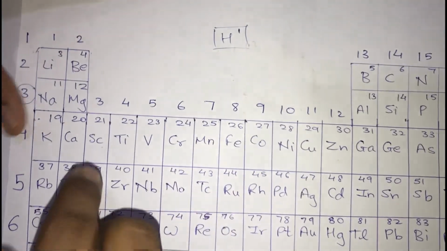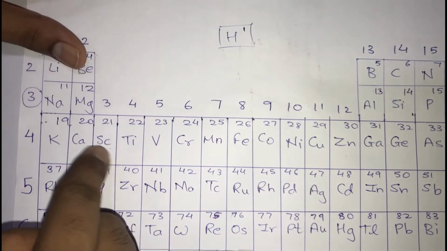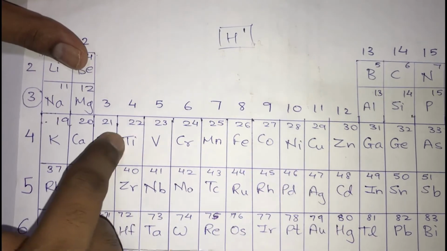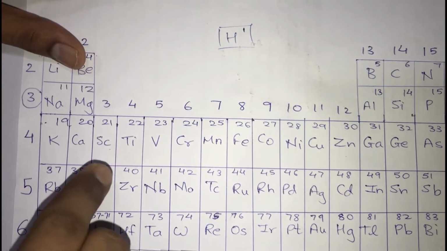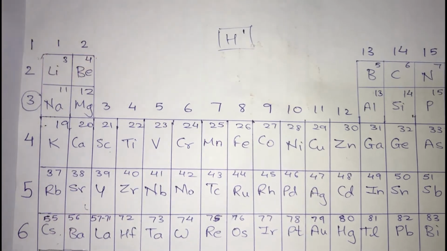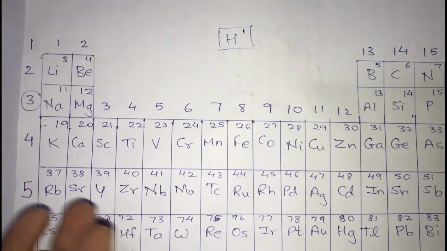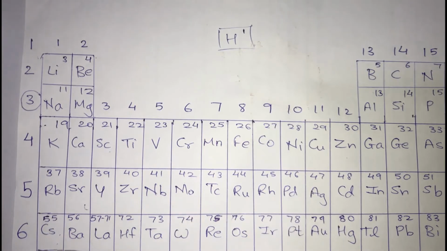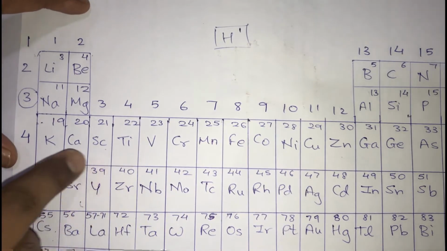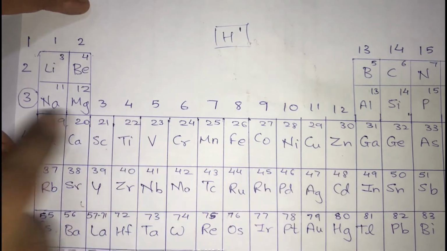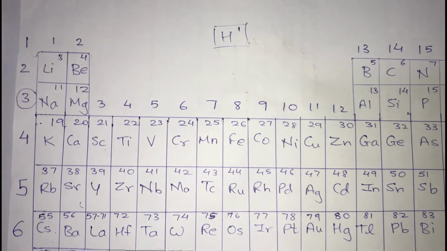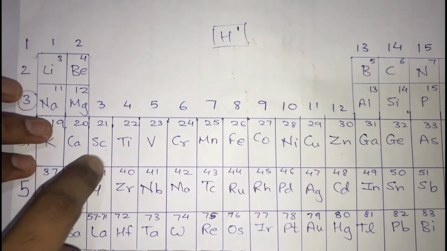Now, as we all know, there are 10 d block elements present inside the fourth period, starting from scandium to zinc. There are a total of 10 elements, but for our understanding we are just going to consider only the starting 3 elements, so that it is easier for us to understand them. If we cover all 10 elements, then the lecture won't get over. So if you understand the trend in the first 3 elements, then it is obvious that you will understand the trend in the remaining 7 elements also. Okay, so basically I'm going to consider scandium, titanium and vanadium for our reference.